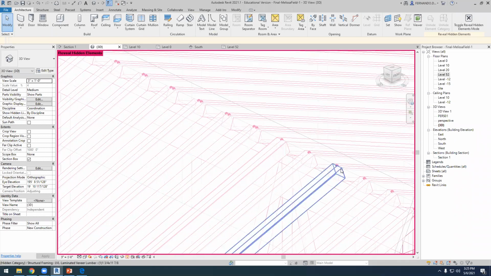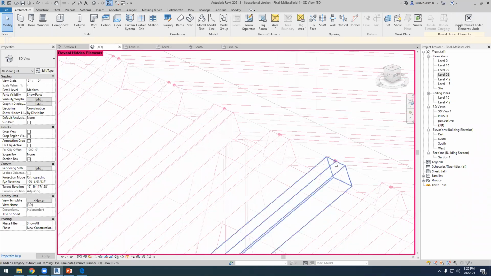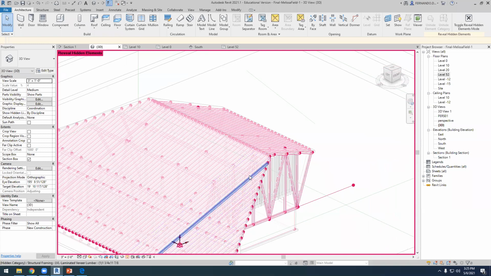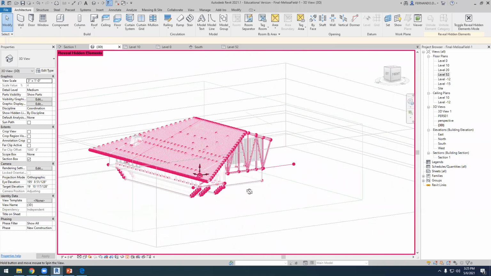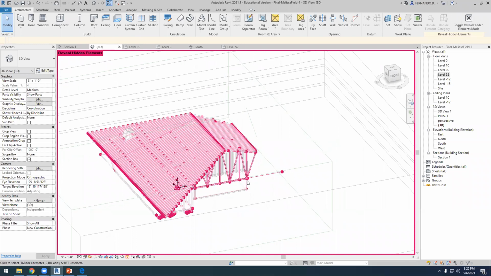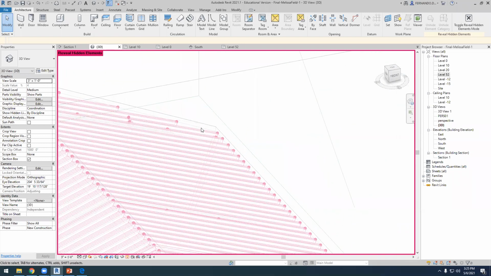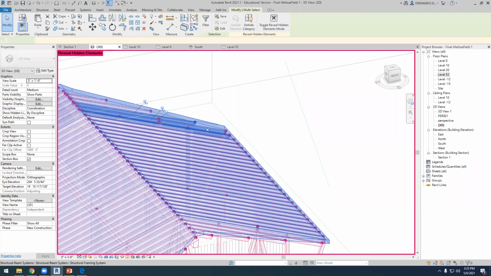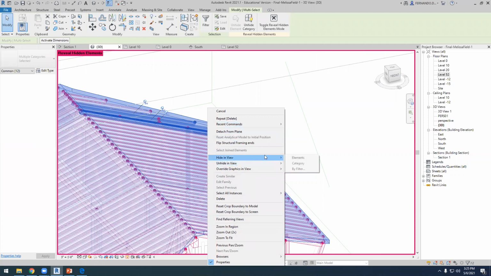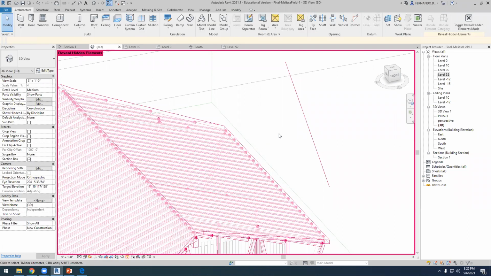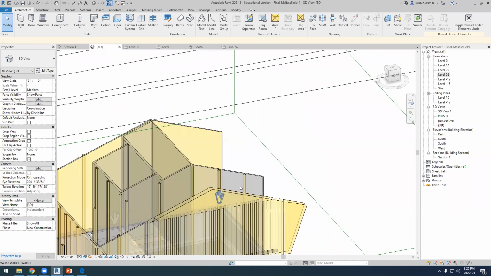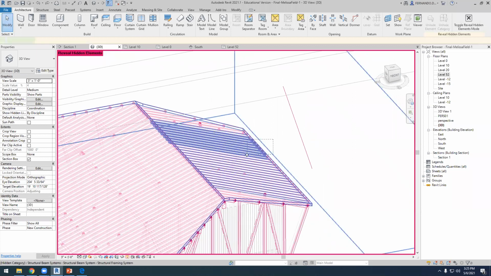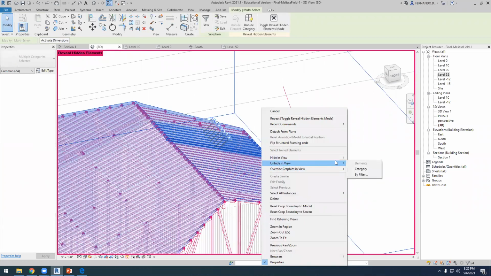Be careful because when we are working with structures, these dots here are structural points. Those are the points that the system uses to calculate the structure. We are not calculating the structure, but if you activate everything, you will see these red dots. So if we show and hide everything, hiding view category,